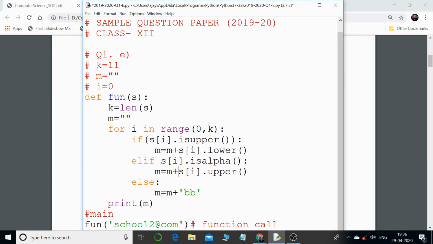Concatenate means joining two characters or two strings. So where I'm saying m is equal to m plus s of i dot upper: what is m? Basically it's empty. So empty string plus s of i, that is 0 dot upper. Now this particular function will convert that character into the upper case, and so the value of m will change